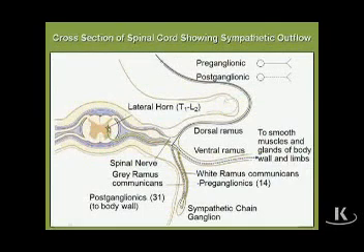But in contrast to the somatic motor fibers that have their cell bodies in the anterior horn of the gray matter, these sympathetics have their cell bodies in the intermediolateral horn of the gray matter between T1 and L2. But nonetheless, they still exit through the ventral root since they are motor fibers. They go out through the ventral root into the spinal nerve.